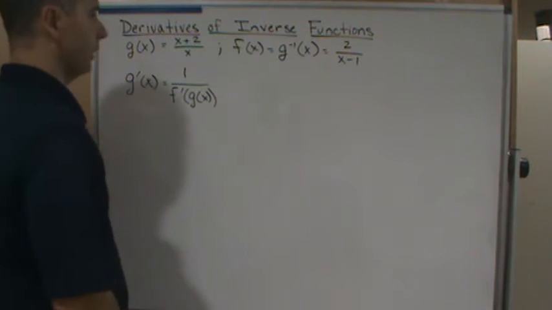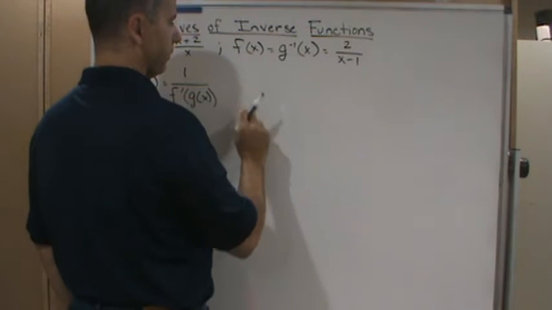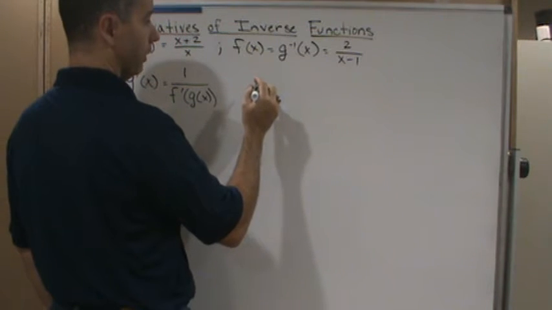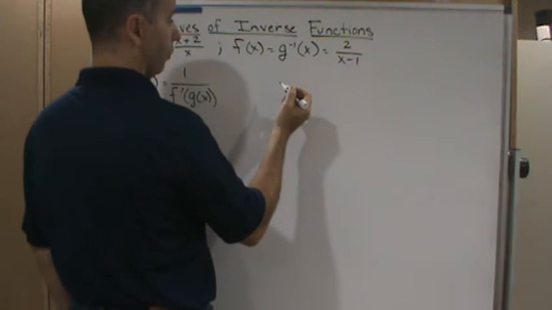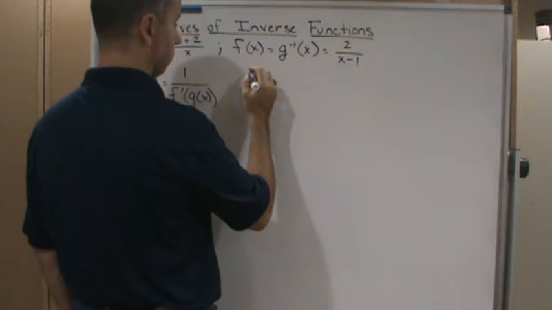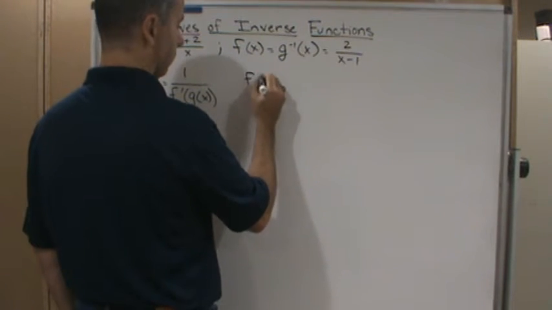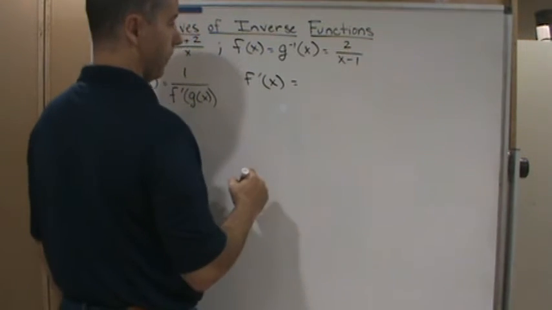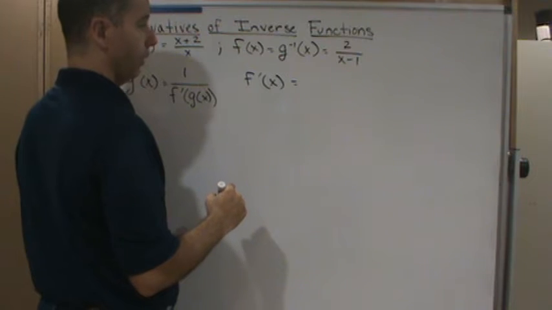So first, let's find the derivative of f of x. Okay, so what do we get? So f prime of x is going to equal